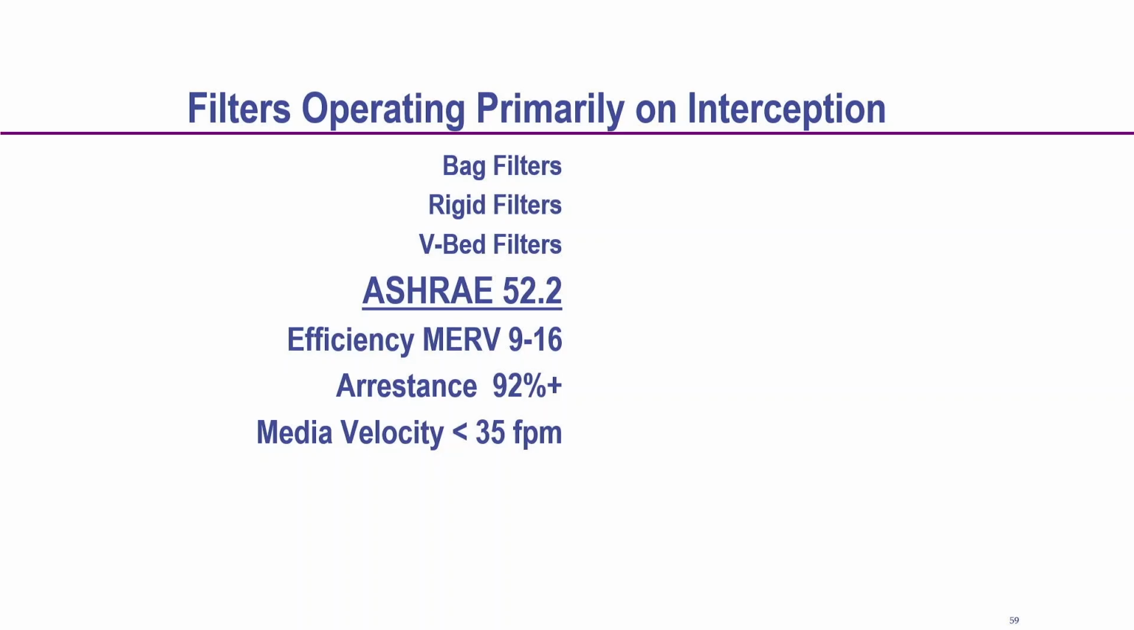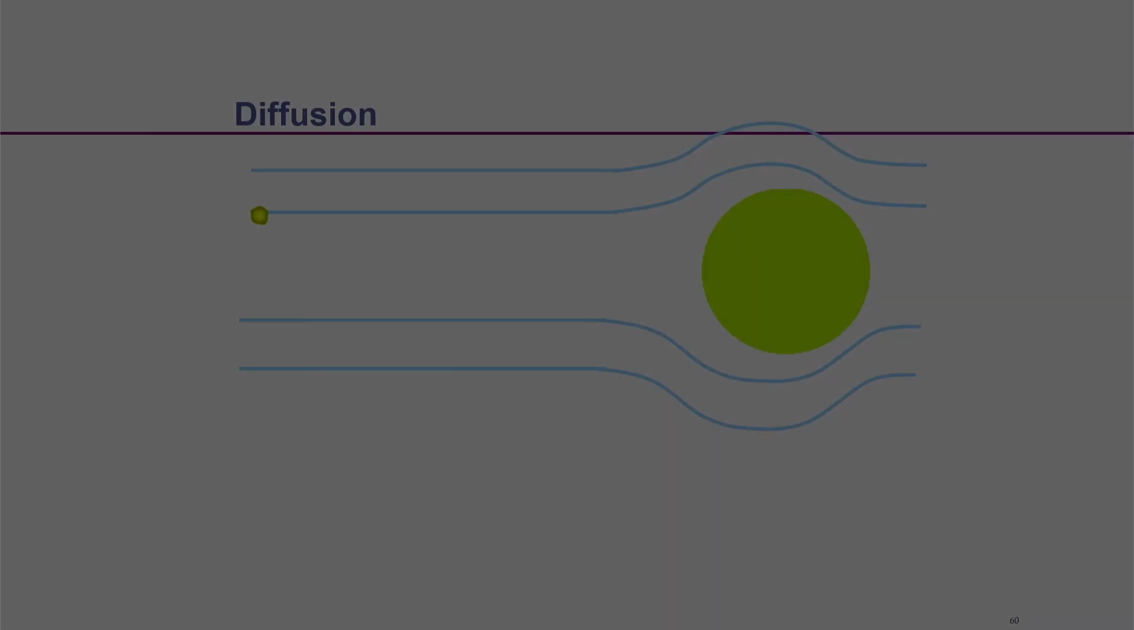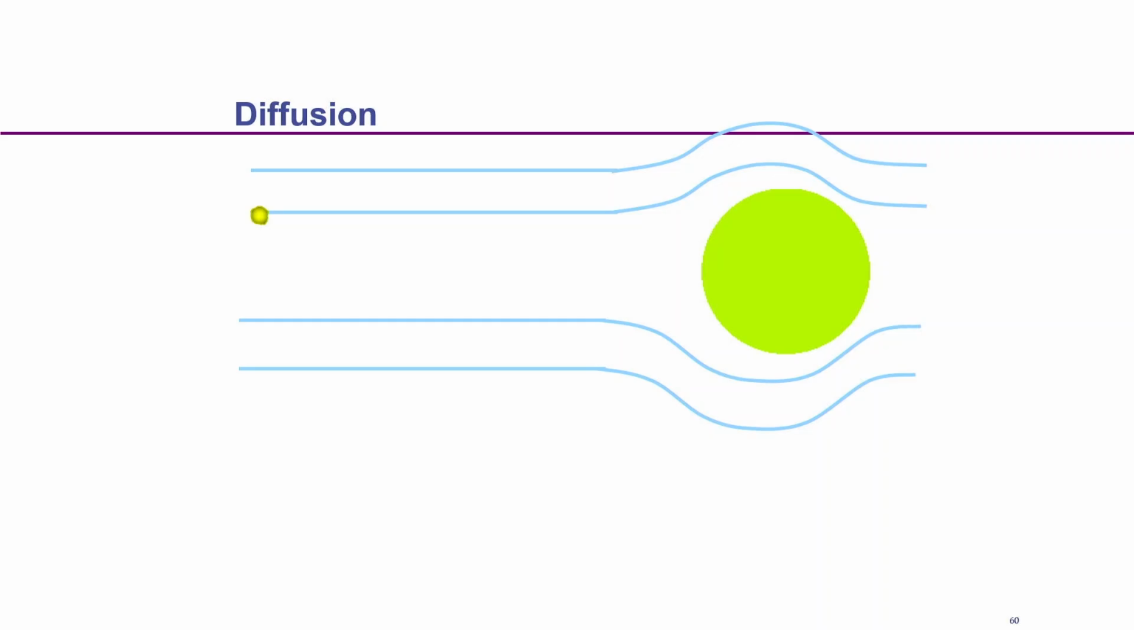So, the filters which operate in this interception mechanism are bag filter, rigid filter, and V-bank filter. So, these are the different types of filter which work on this principle, and it can give efficiency MERV rating 9 to 16. So, 92% efficiency, and media velocity is a little bit lower. So, here we have less than 35 the air velocity. Now, diffusion,